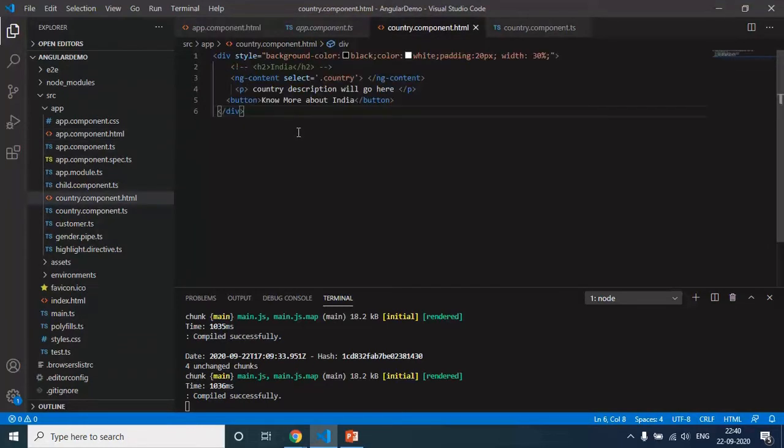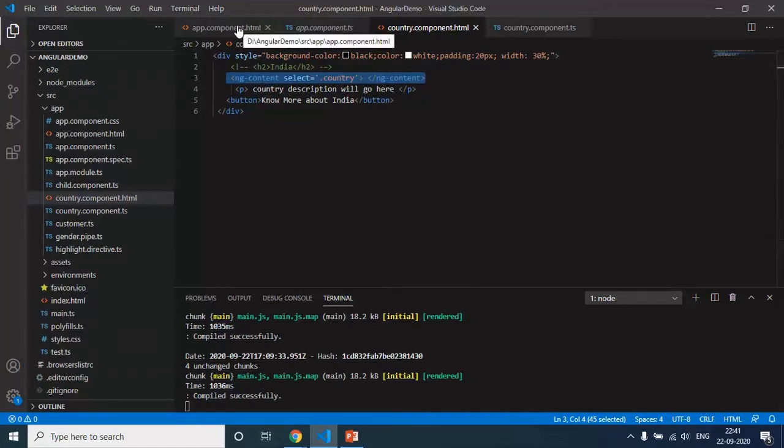That also did not solve the problem. So I commented this code, and here I used ng-content and gave a selector. There are multiple selectors that we will see as we move ahead. As of now, I did a class selector. So you will use this keyword select, and you will give the name of the class. It is not necessary that this class should exist in your application. You can give any name you want. The task of the child component is done now.